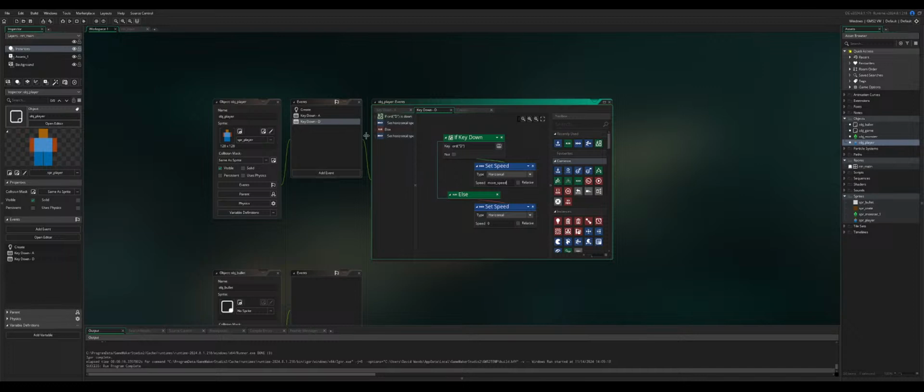That at least creates that as a variable, but I don't know why it's not setting it back to 0. It's something to do with the event that we